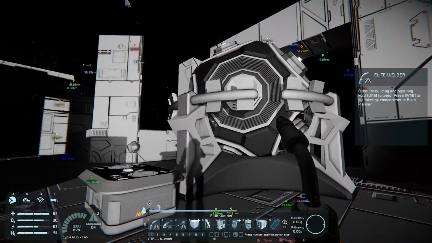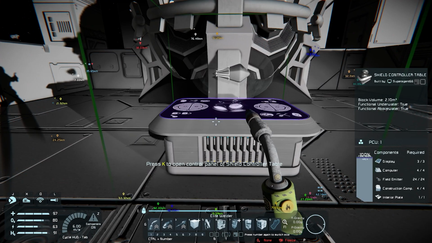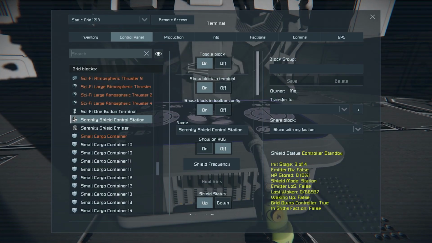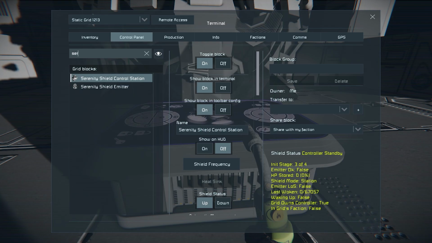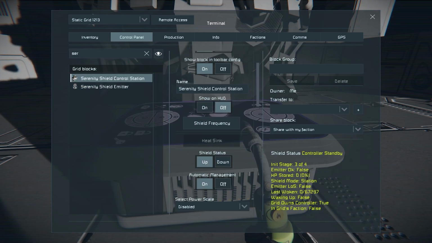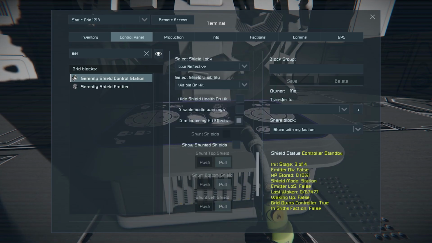All right. That's finished welding up. Finished renaming these control panels. This top part's going to be Serenity Station. And we need to set it to...